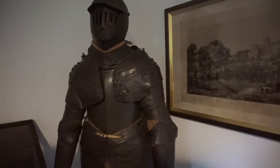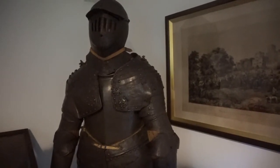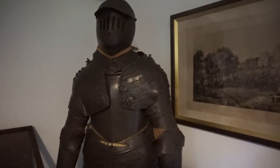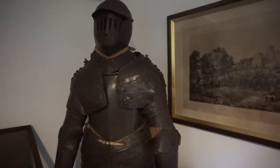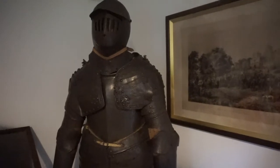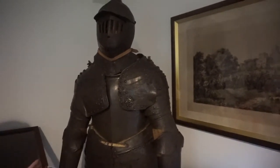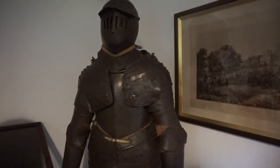The riveting, probably very rare. Probably not many of them around. Well, we have three, which again came from Castle Hall. But I think the idea that somebody worked out how to encase you in metal, which allowed you free movement. But the difficulty with it is it's solid iron. It weighs a huge amount,